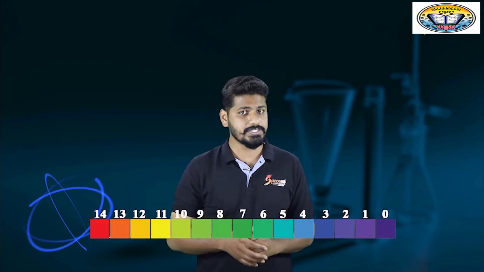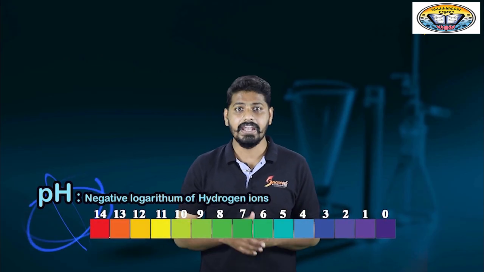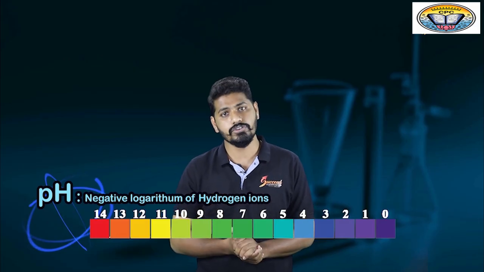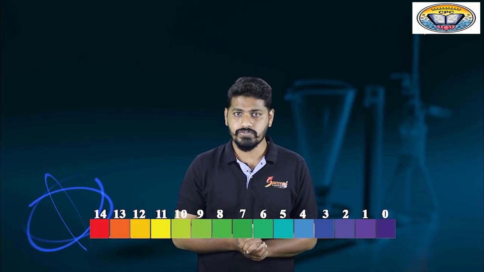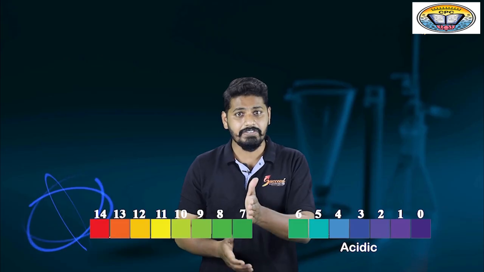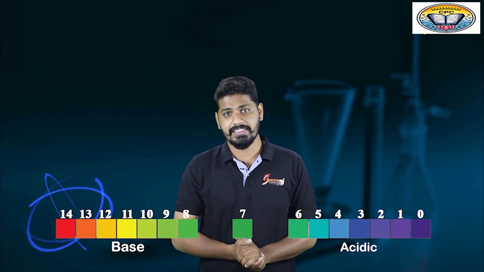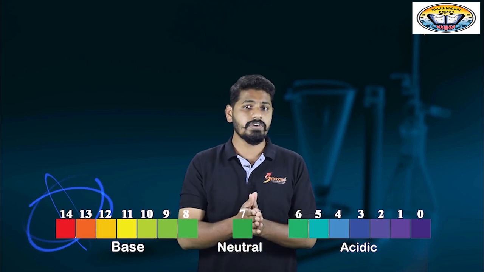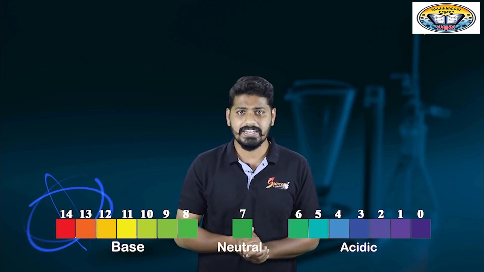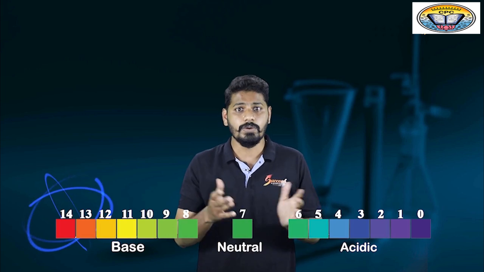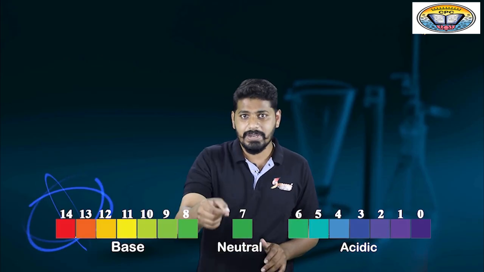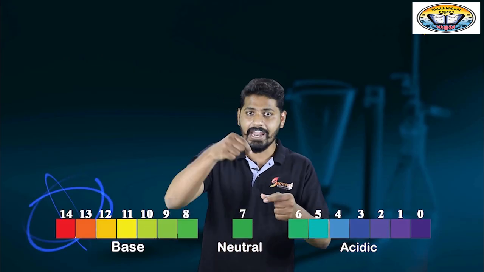You are supposed to know what is pH. pH is nothing but the negative logarithm of hydrogen ion concentration, right? This pH scale consists of values from 0 to 14. In that, 0 to 7 is acidic in nature, 7 to 14 is base, and 7 is neutral. So whenever we have a solution and want to determine whether it is an acid or the base, let me take a drop of that and add it on the